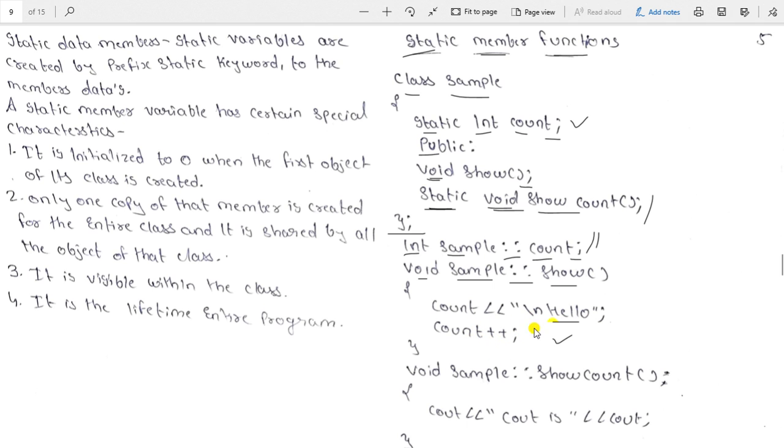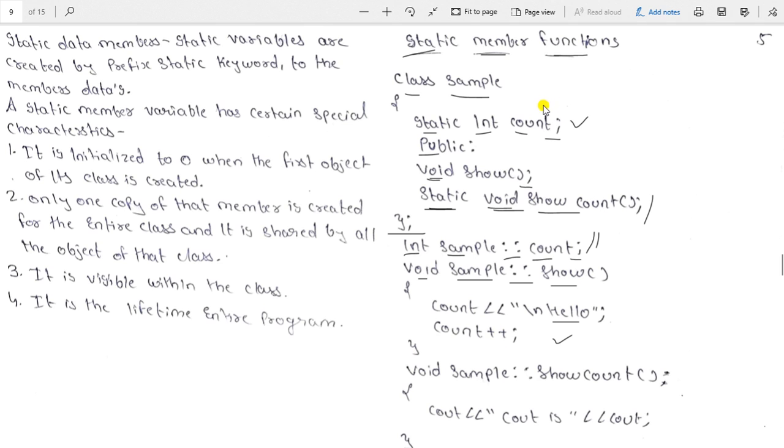Count means how many times the hello will be printed, that many times the count will be incremented. When we access the object through this function, the hello will be printed and the count will be incremented.